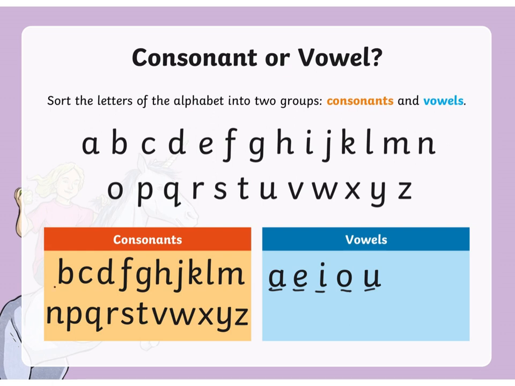Consonants are B, C, D, F, G, H, J, K, L, M, N, P, Q, R, S, T, V, W, X, Y, Z. So there are a total of 26 letters, in which we have 5 vowels and the rest are